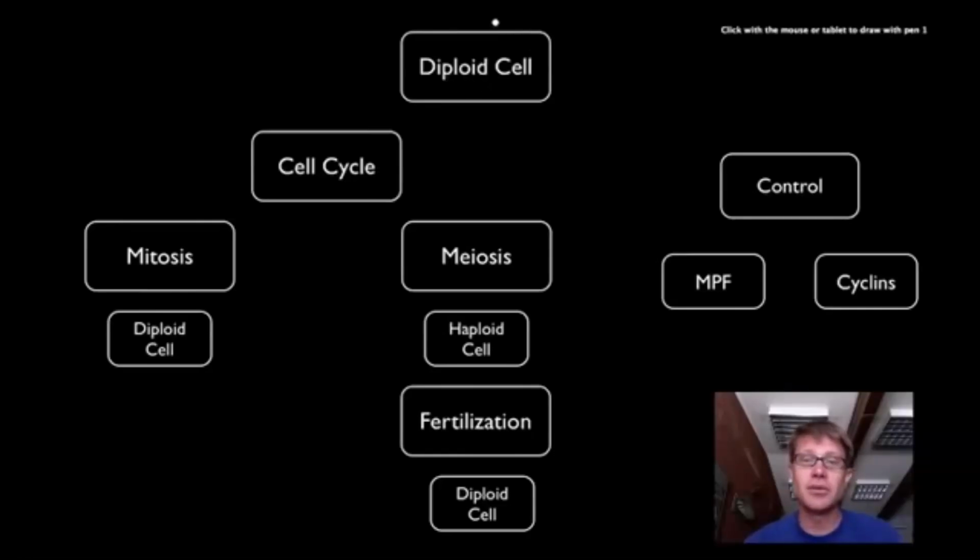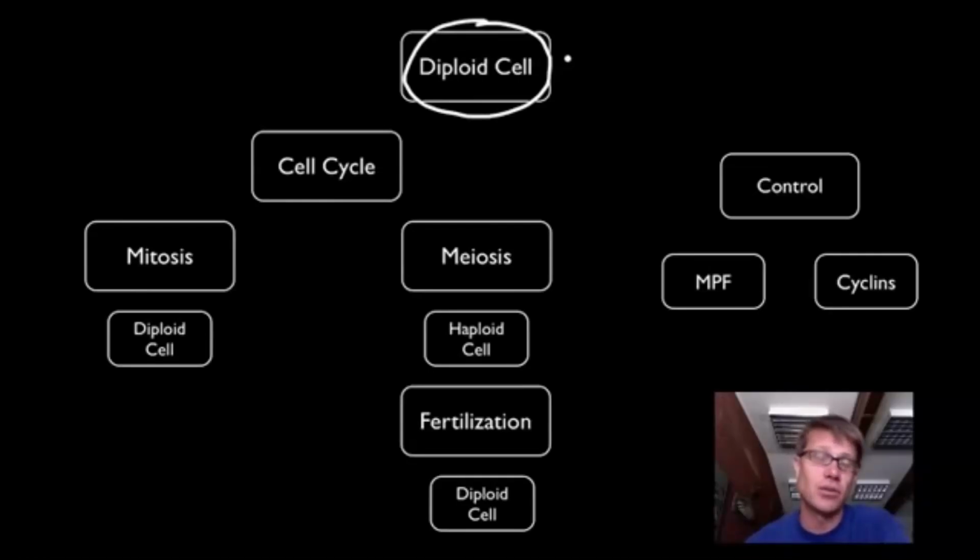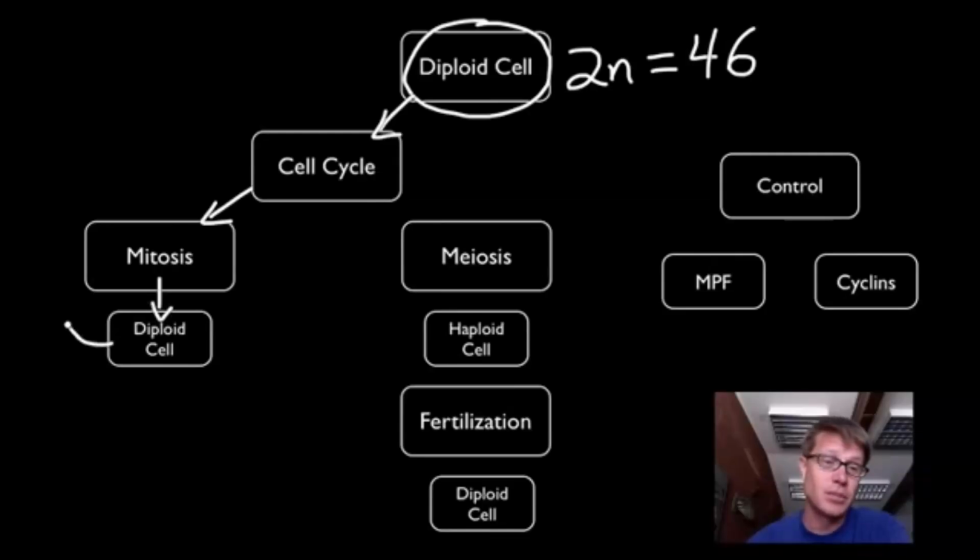A diploid cell is going to be a typical human cell, or a typical cell inside an organism. It's going to be 2N, and what that means is it has two complete sets of chromosomes. So for example, in humans, 2N equals 46. That means we have 46 chromosomes, in 23 pairs. The goal of the cell cycle in mitosis is to make a copy of that cell, in other words, to make a diploid cell. That diploid cell can enter into the cell cycle again, make more cells and more cells and more cells. And so the way that we make new cells in our body or replace cells that are damaged is mitosis.